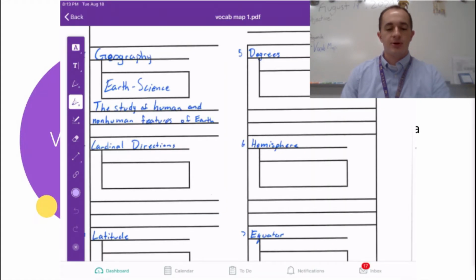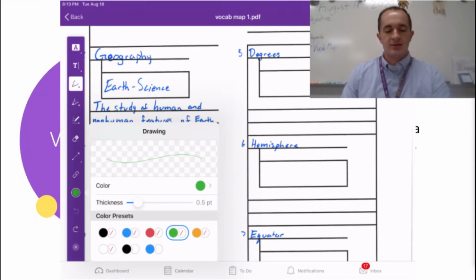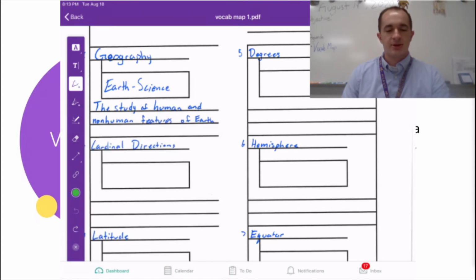Again, so we have number 1. The first thing you put above the box, you would put the term. Second, you would put the synonym or a reminder word. Try as much as you can not to use words that are in the definition or that are the word itself. So I couldn't use anything with geo for geography. And even though Earth is in the definition, Earth science I felt was good enough, close enough for a synonym. And then the third part is the definition, where you need to write out the definition. The important part is writing out the definition. That's what helps you remember